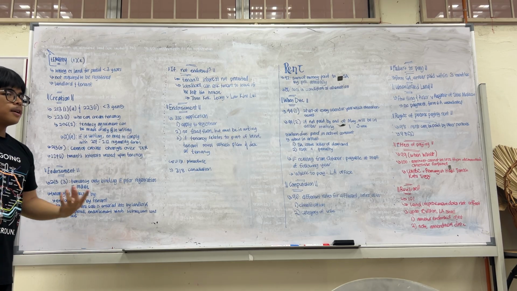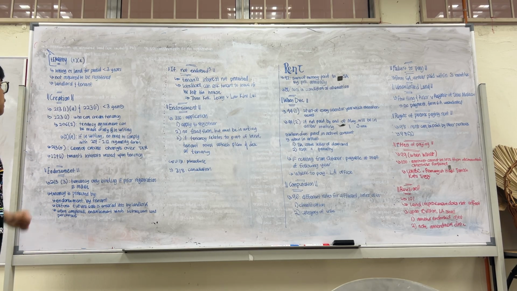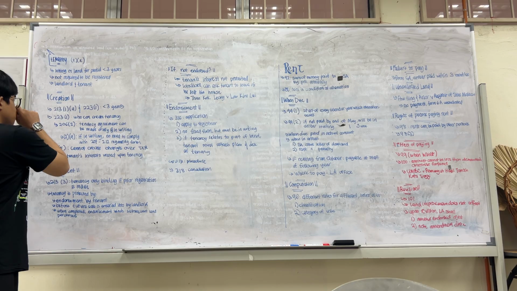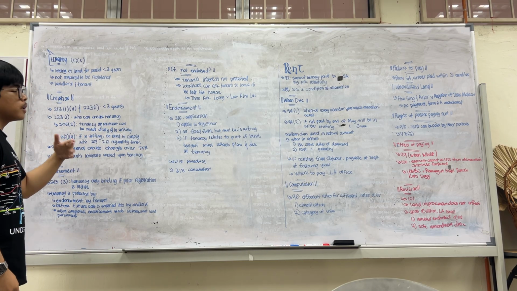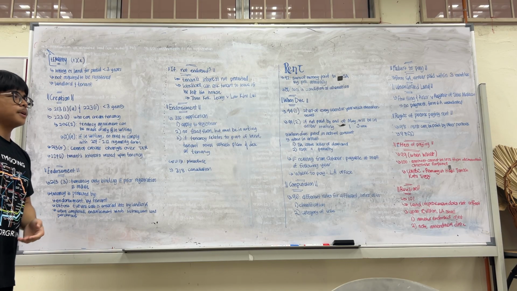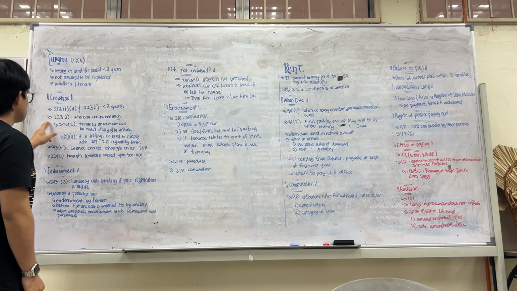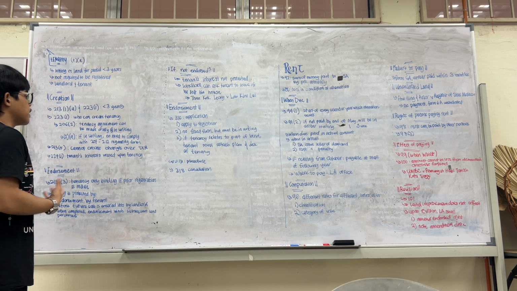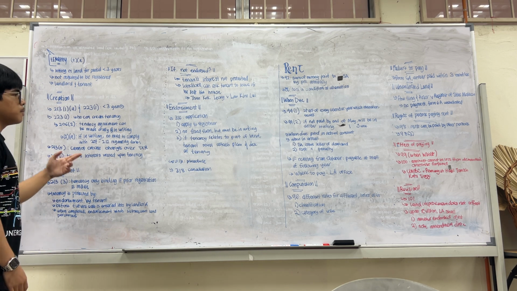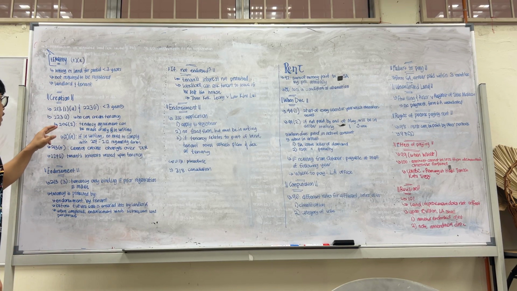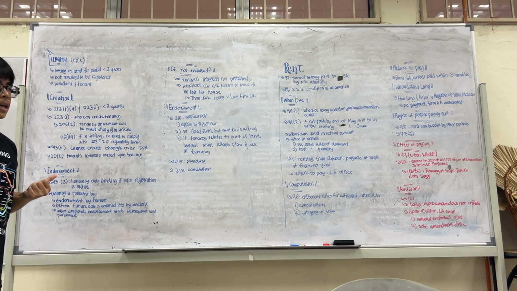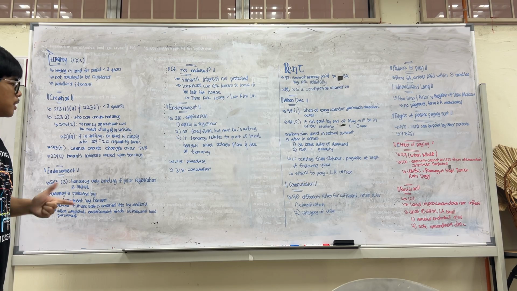Okay, how can we create a tenancy agreement? First, we can look at section 213 sub 1 para A as well as 223 sub 1. It has to be more than 3 years with regards to the period of tenancy. And section 223 sub 1 outlines who can create a tenancy. Obviously I'm not going to list it down because the code is quite full right now. And section 206 sub 2 states that a tenancy agreement can be made either orally as well as in writing. So you can choose either one.